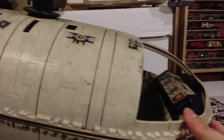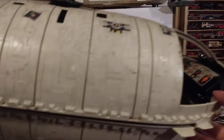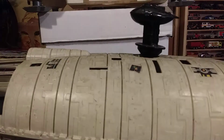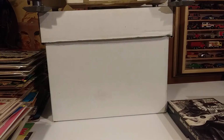Another item I got today for $5 is a vintage Kenner Star Wars Rebel transport that's in really rough condition. I mean, you're just looking at kind of the skeleton here. See, it does have some stickers and stuff inside, and it does have this centerpiece here. I never owned one of these, so I'm not too sure what everything's supposed to look like, but hoping to clean that up. And we got that for $5,